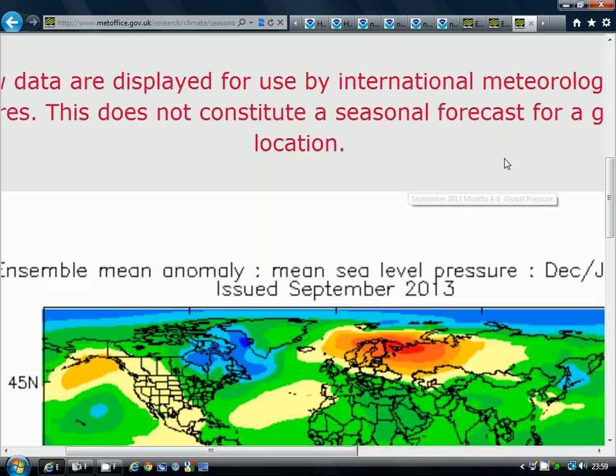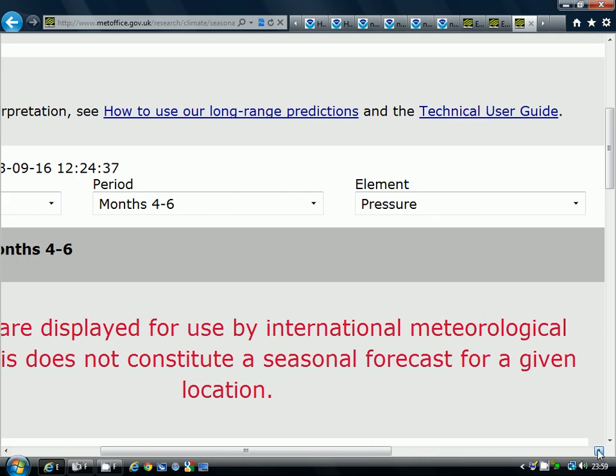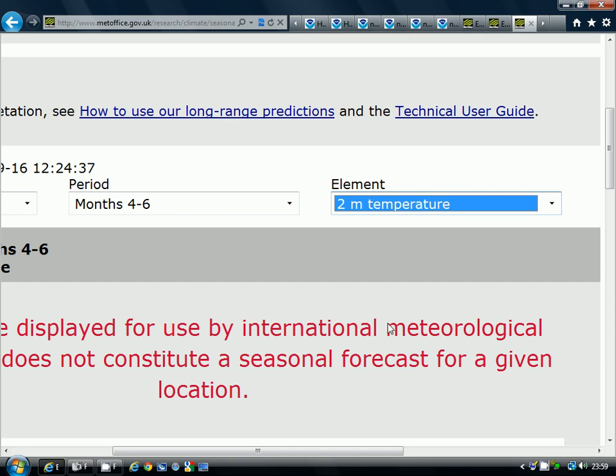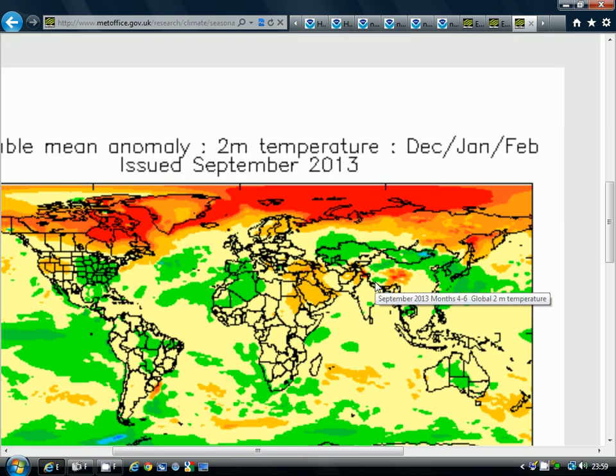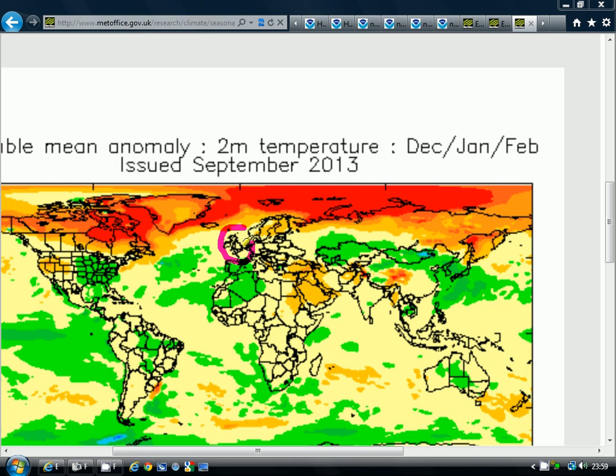Now, the actual temperature forecast that goes with this doesn't really pick up on it just at the moment. If you have a look at the temperature forecast for the winter, we see that the model is predicting near normal temperatures, in those creamy colours there, for the British Isles. All the red colours up to the north are indicating the blocking, of course, but we haven't got the cold air yet being shown by the model to be bleeding out into the mid-latitudes.